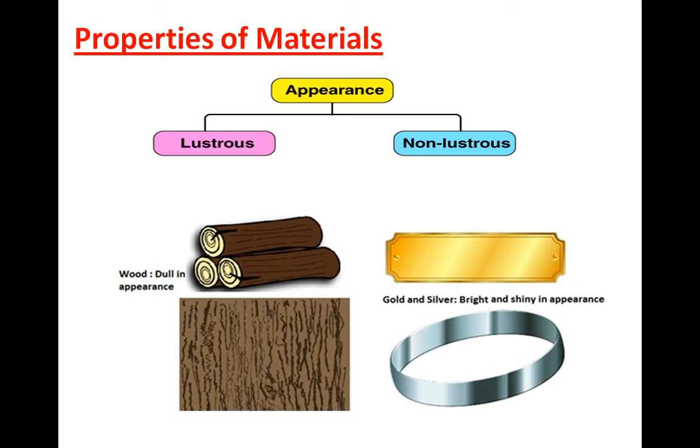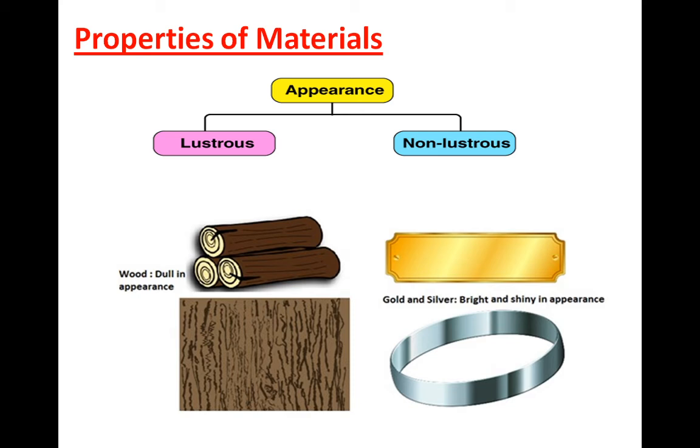Like good conductors of heat, similarly, wood is an ideal material for making our homes, furniture and boats. Take the example of a boat. Why are we using wood? Because it is not heavy. We use light things to make boats. Correct? If we use metal, sometimes the boat will sink.